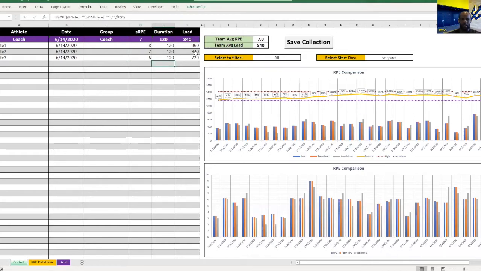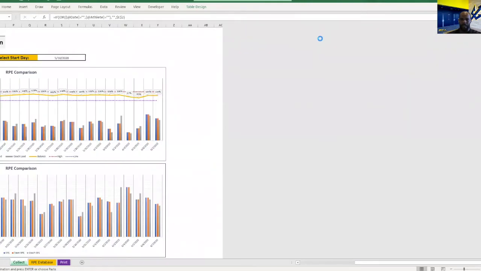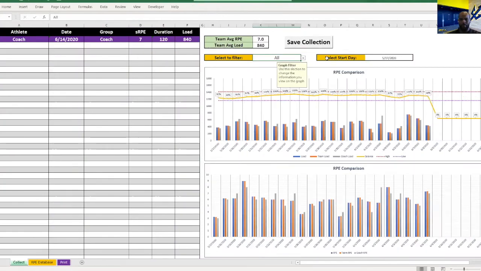And as you notice here, again, it fills in their load automatically, and then also I have the team average for RPE and for total load for that day. And if I go ahead and hit save, it's going to take that data, add it to our database now, and then you'll notice that the graph automatically will update to make the last date whatever the date I submitted on here, and it also clears my table so I can add more data or just know that it has